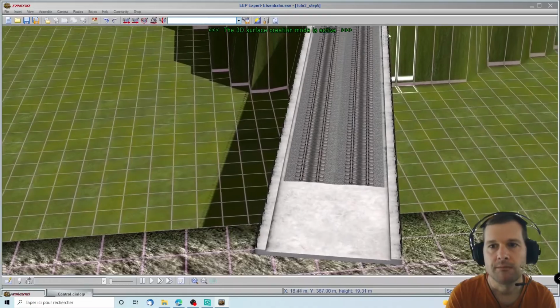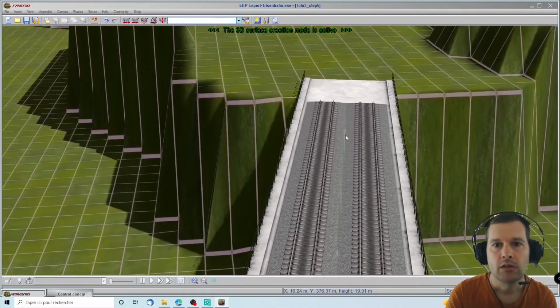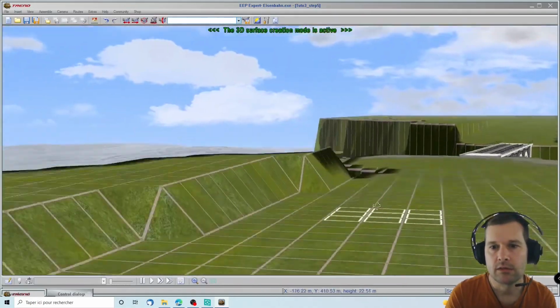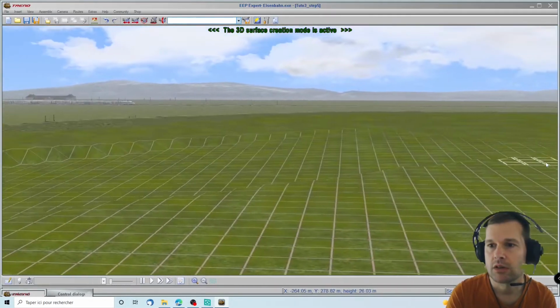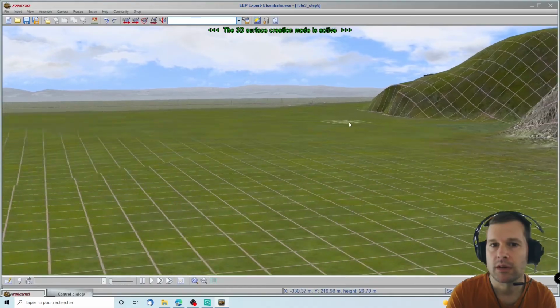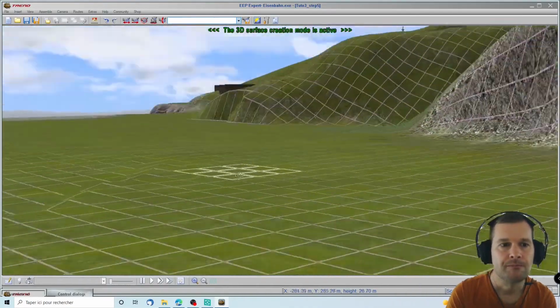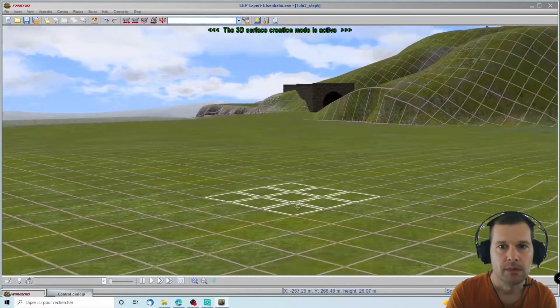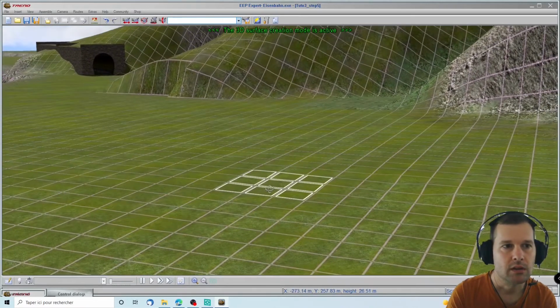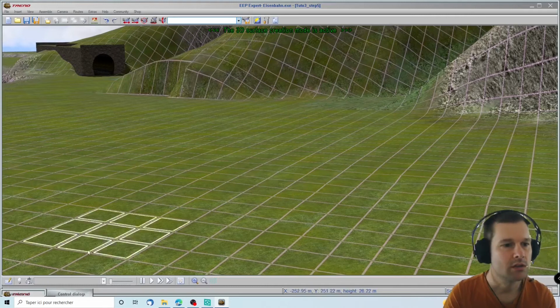It's there. Now let's take the track here and go up until there. So there we go. We will take the track here